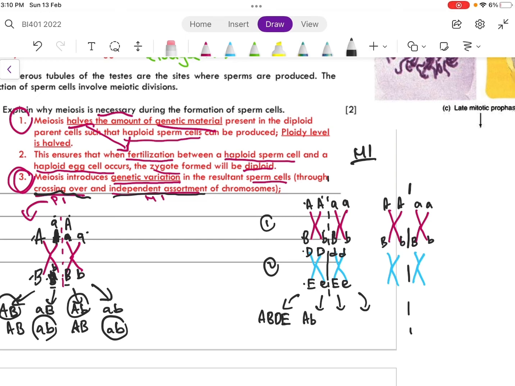Okay, and so on and so forth, yeah? And the last one will be small a, small b, small d, small e. I'll have these number of combinations of